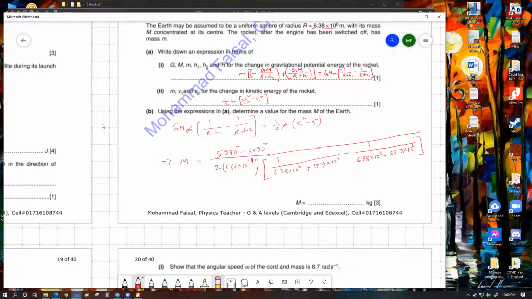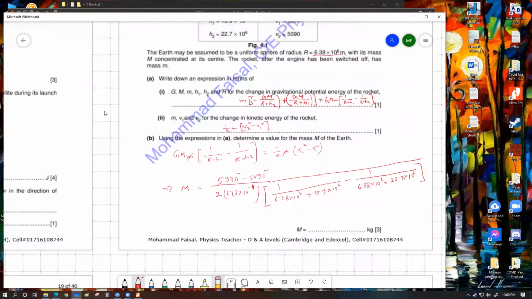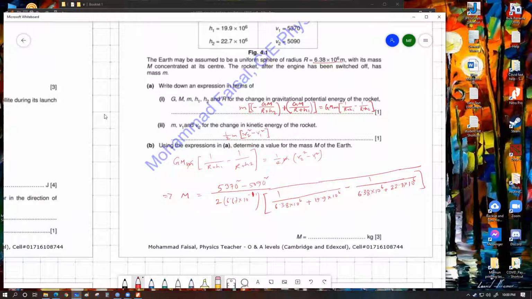(6.38 × 10^6 + 19.9 × 10^6) inverse, 1 minus (6.38 × 10^6 + 22.7 × 10^6) inverse, into 2, into 6.67 × 10 to the power minus 11, equals to, at the okay, bracket 5370 square minus 5090 square bracket divided by answer. 5.99 into 10 to the power 24 আসছে আমার।